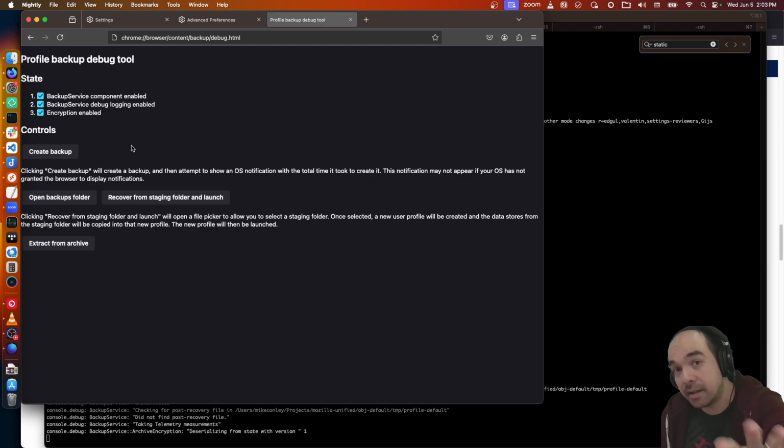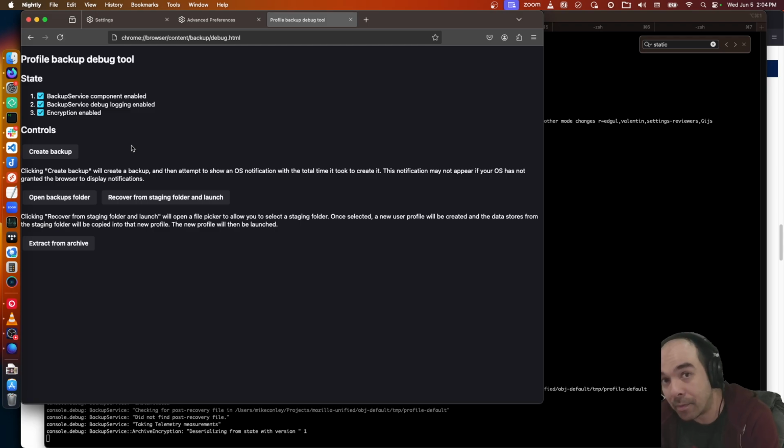Now, what's interesting about this is that it can occur at runtime, so it can happen in the background. If you're copying folders, you don't want to do that while Firefox is still running, because sometimes Firefox reads files off of the disk and then reads them into memory and then removes the file. Your current session, for example, is not always on disk.